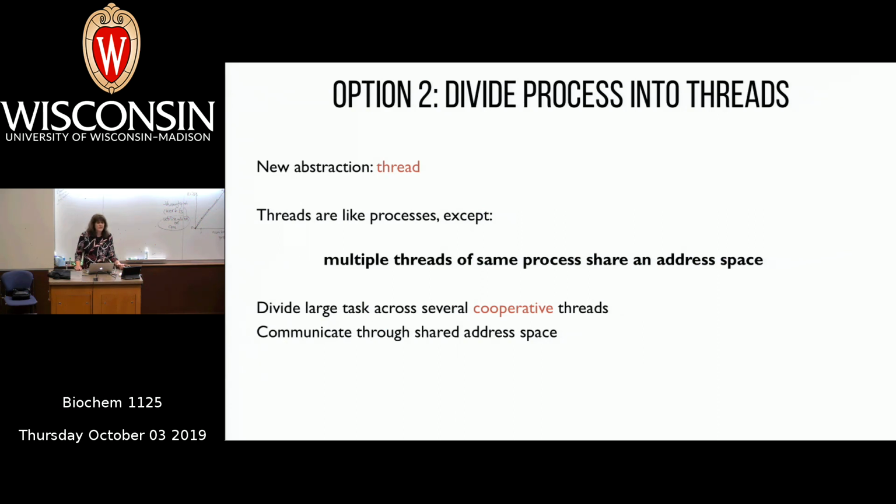And so those threads could all be running on the same CPU, or maybe the scheduler is picking up each individual thread and running it on a different core, so that we can get that parallelism that we are hoping for. So the way to think about a thread is it's just like a process. It's a running stream of instructions, except all of the threads that are in a process share the same address